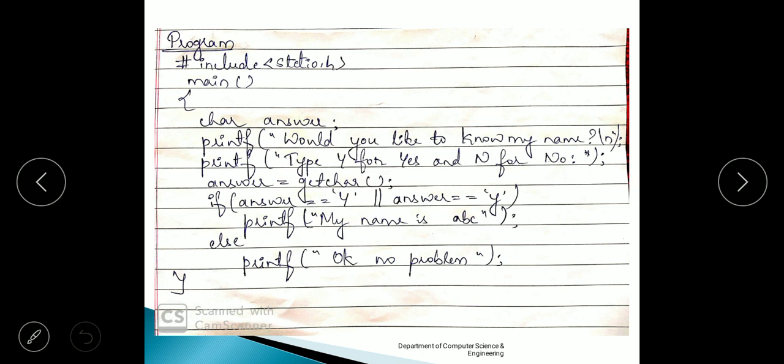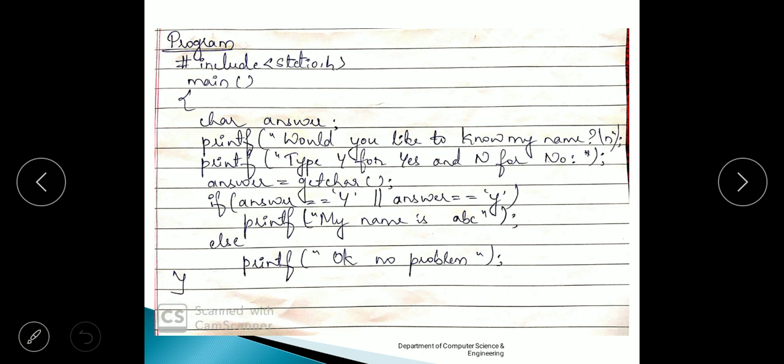Whatever input the user has given will be stored in answer, right? So we are going to compare if answer equals Y. It means if the user has pressed Y, or he may type small letter y also. He may type capital letter Y or small letter y.